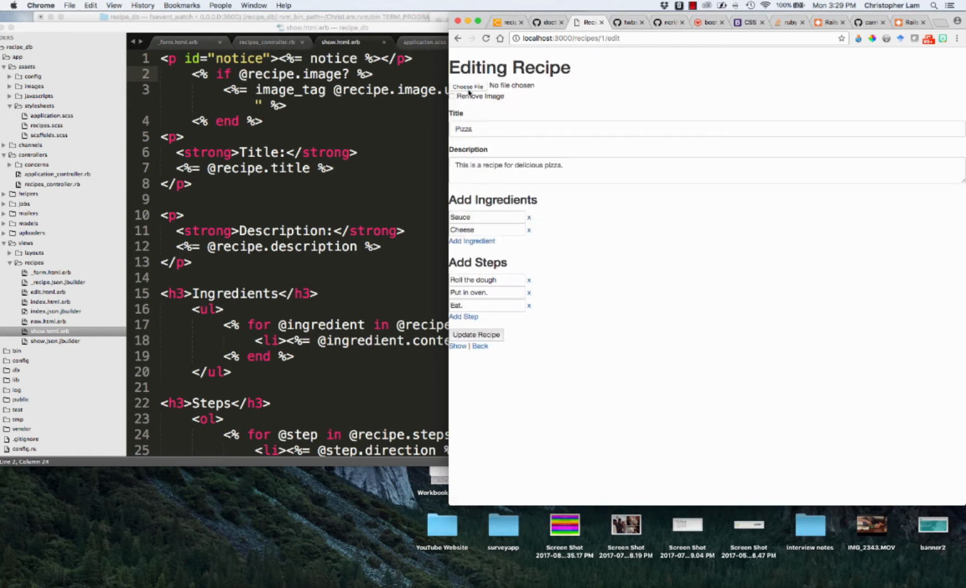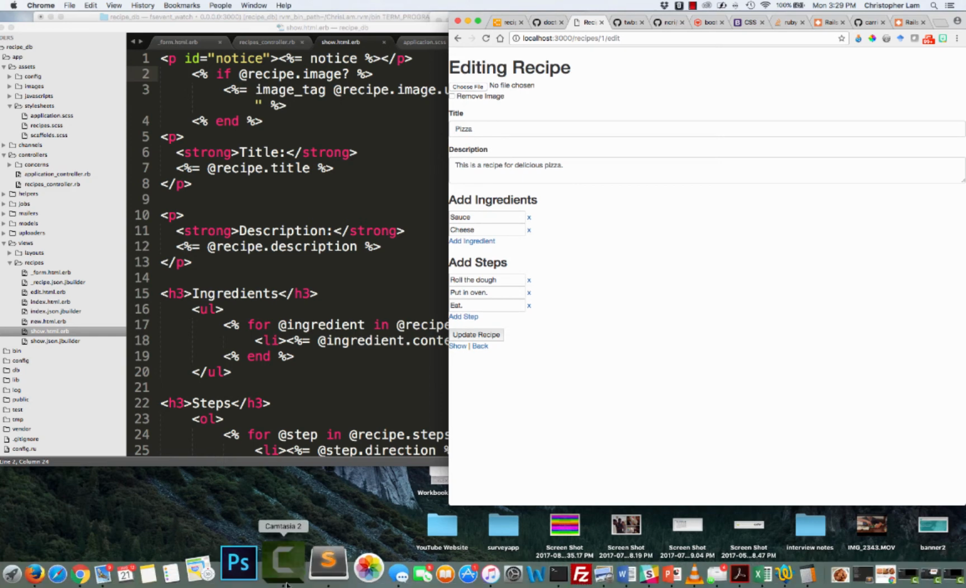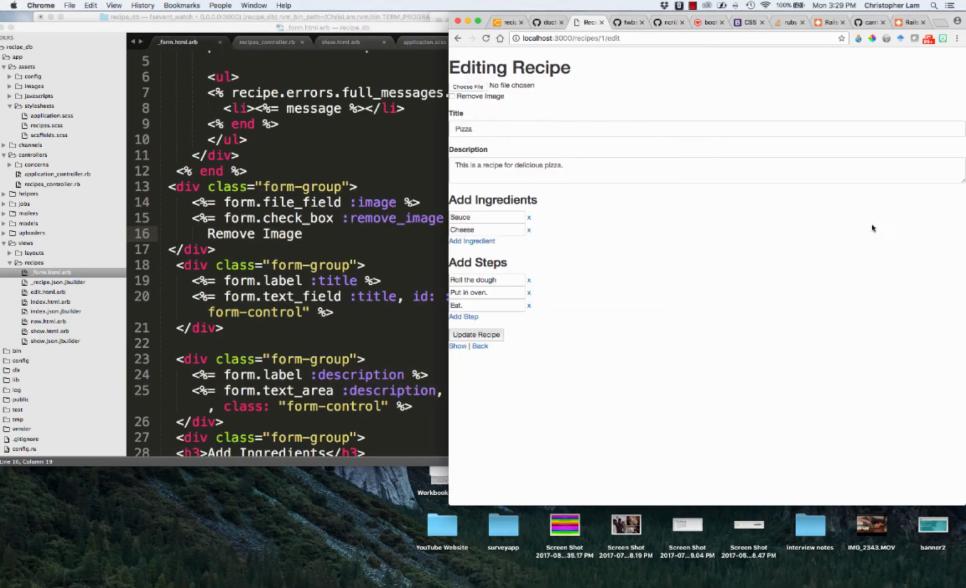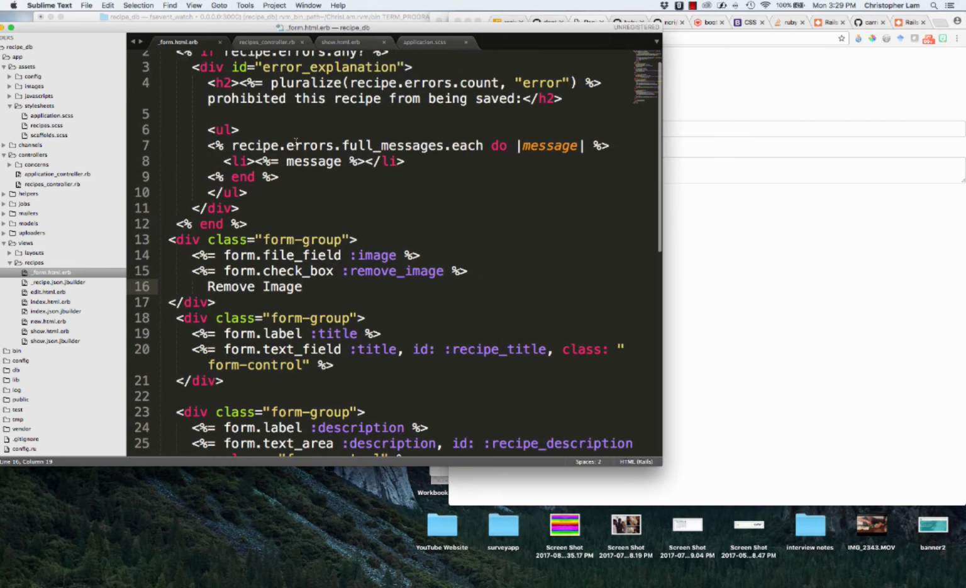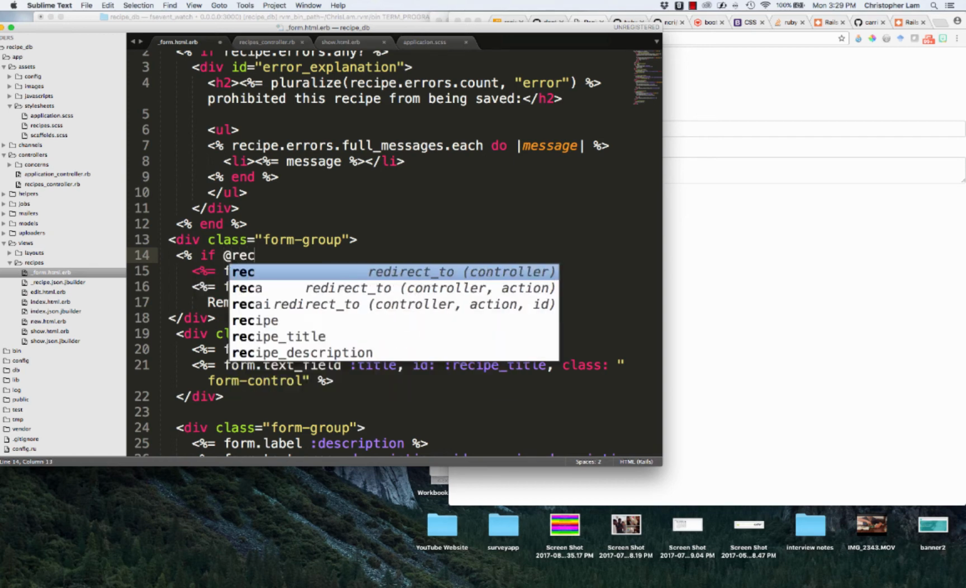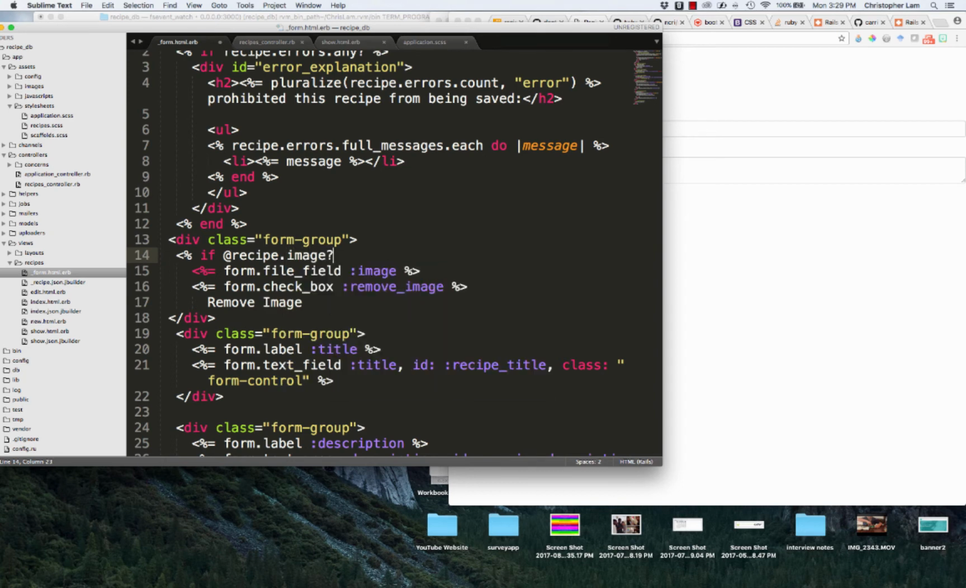Now, a couple things. I think we don't want in our form this remove image to show up unless there's an actual image there, right? So in our form, what we can do is we can use that same bit of logic. So we can open up a Ruby tag and we can say if recipe.image,